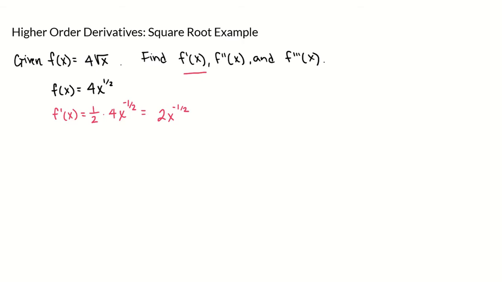You might prefer to write this back in its original form, so you could also write this as 2 over, the negative exponent flips the square root down, 2 over square root x. Either one of these is acceptable. Now the second derivative,